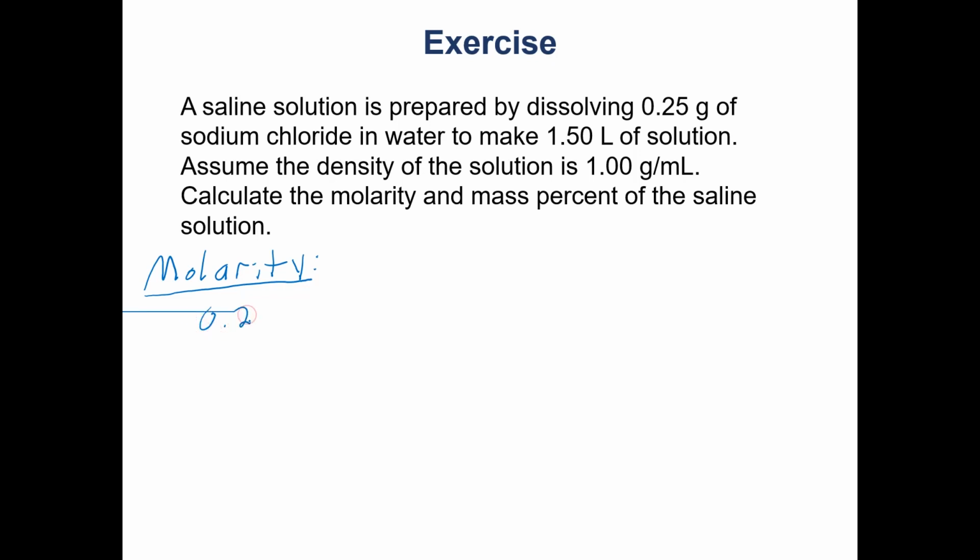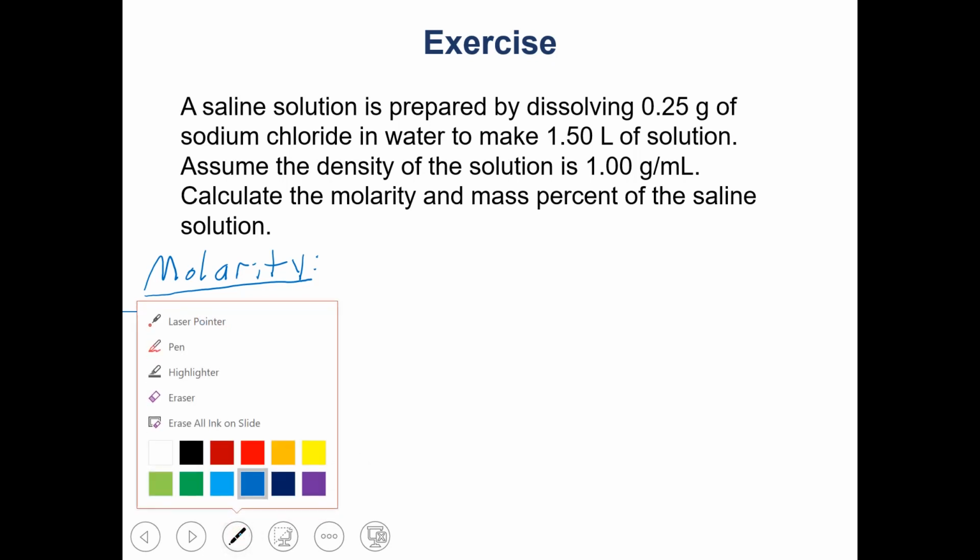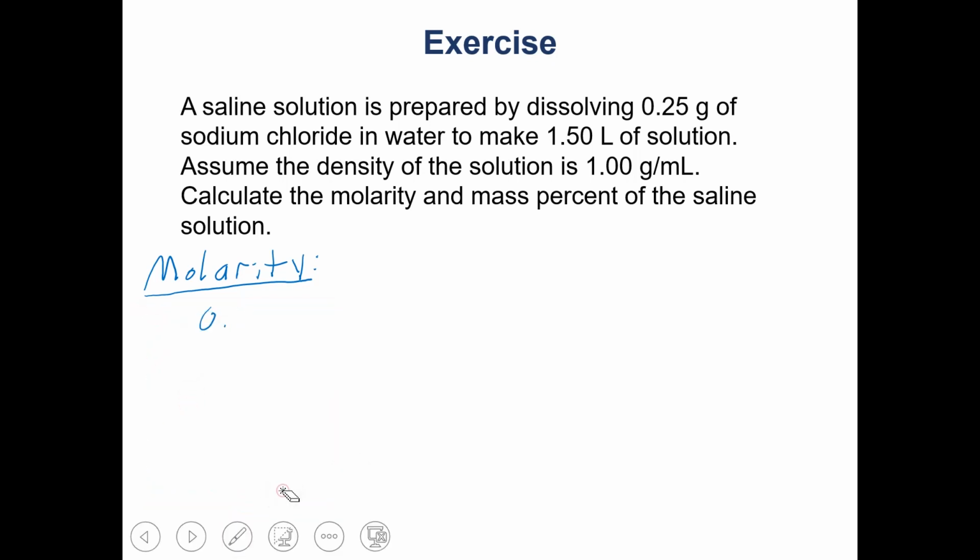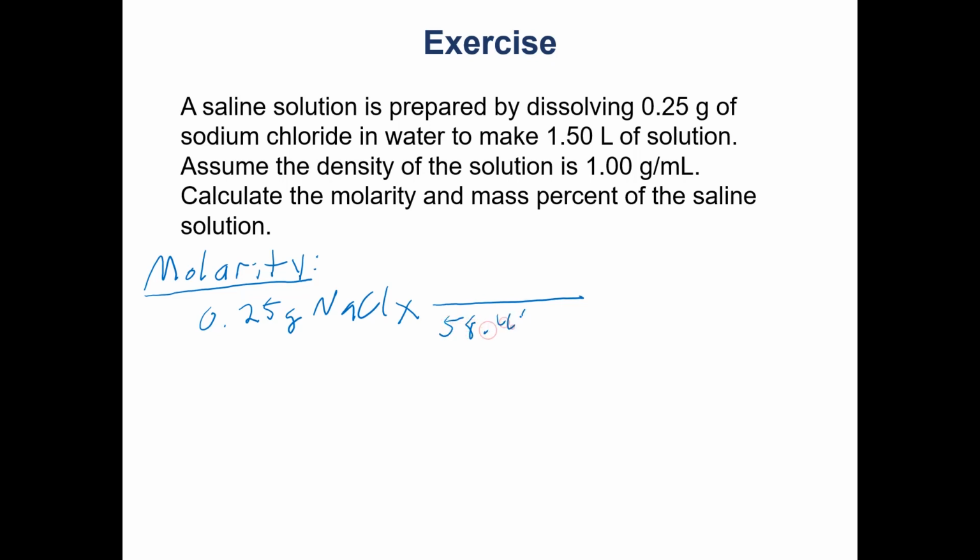So 0.25 grams, and if you add up the molar mass of sodium chloride, that comes out to 58.44 grams of sodium chloride per 1 mole of sodium chloride. So 0.25 divided by 58.44 comes out to